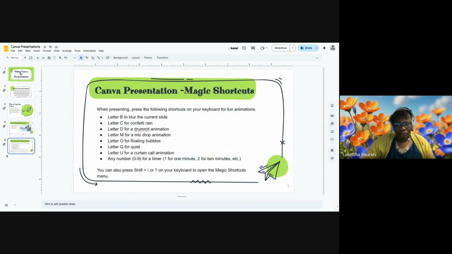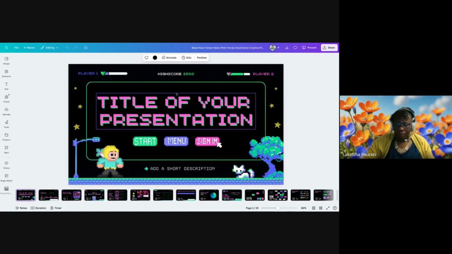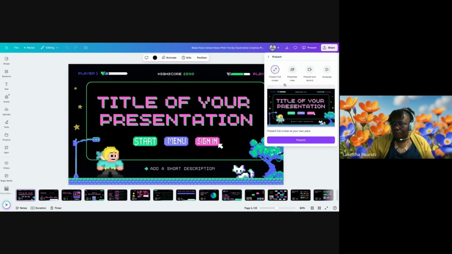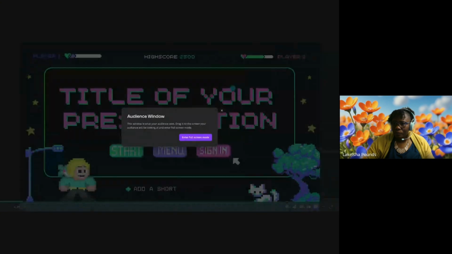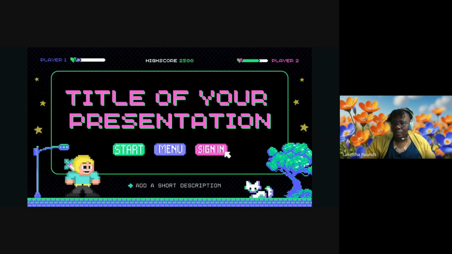And then the main thing I wanted to show you is its ability to utilize magic shortcuts to make your presentations while you are presenting. You can make them interactive as well. So I'm going to demonstrate that right now. I'm going to go ahead and pull up the example. And let me go ahead and put this into presentation mode. So now that I'm in presentation mode,